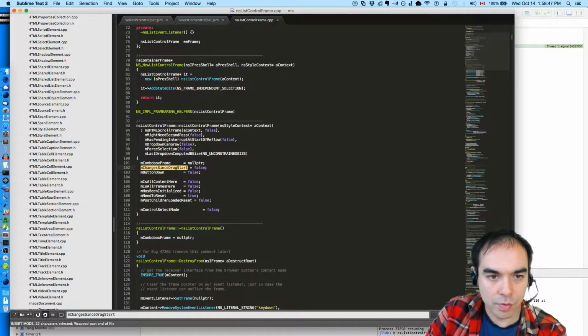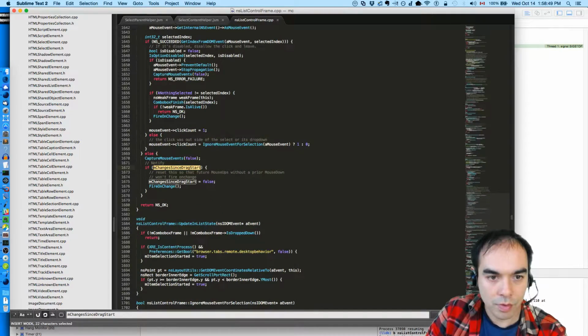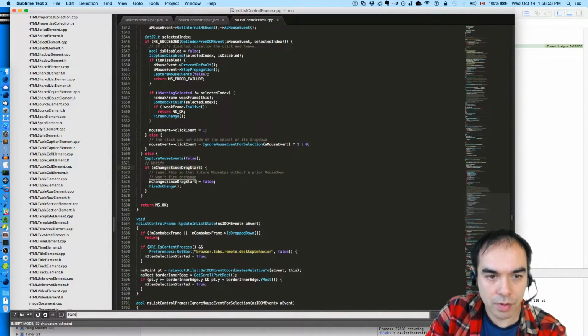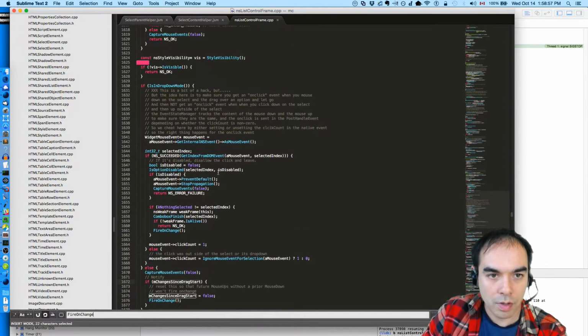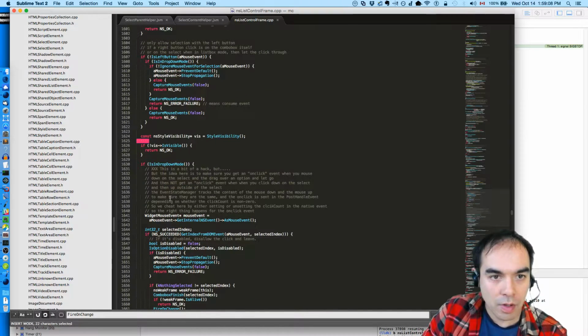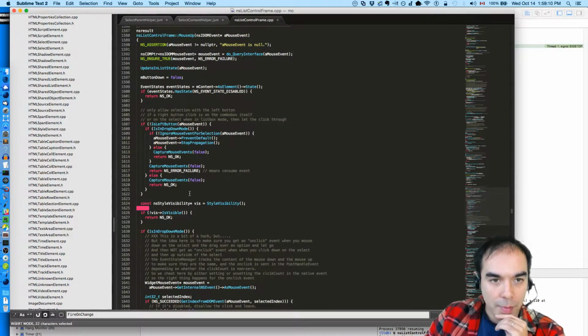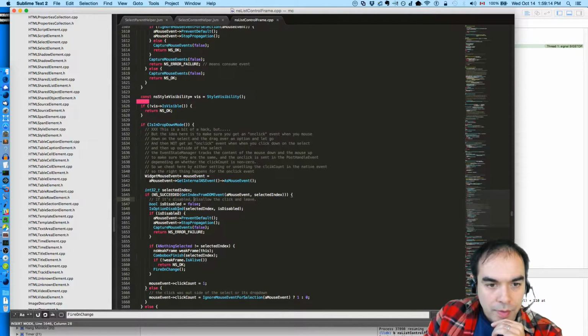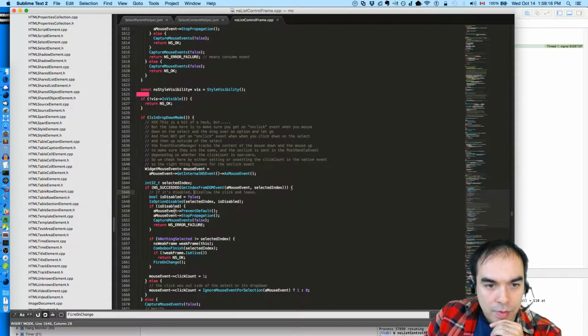Drag move. Fire on change. On mouse up, maybe. When mouse up occurs. So maybe it's mouse up that we care about. If is disabled.